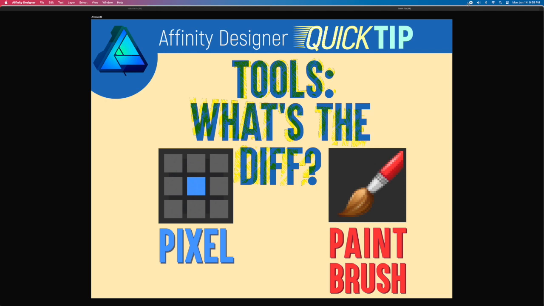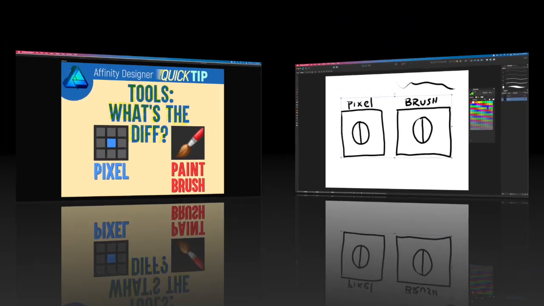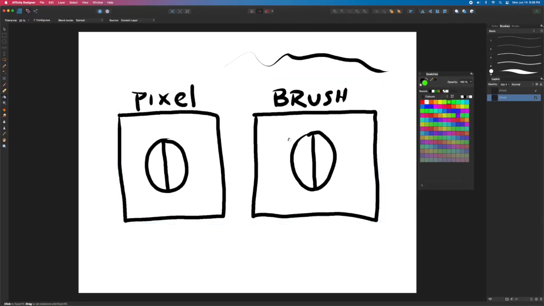Howdy Affinity designers. In today's quick tip, we're looking at the pixel tool versus the paintbrush tool. Why would you use the pixel tool instead of the paintbrush? Let's dive in. So the first thing you should know about the pixel tool is it uses the same brushes